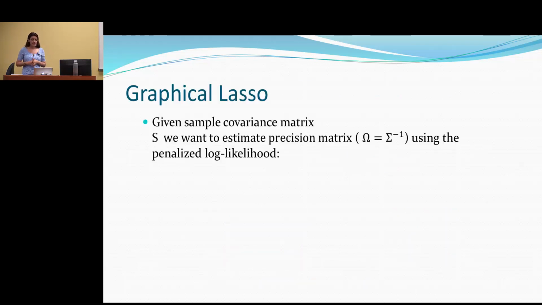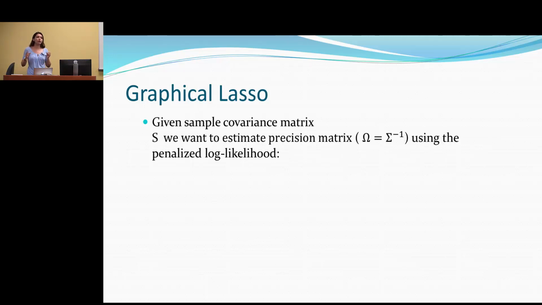Since using just the sample covariance matrix for finding the precision might not be proper, because if we have high dimensional data and a limited number of samples, the covariance might not be invertible.